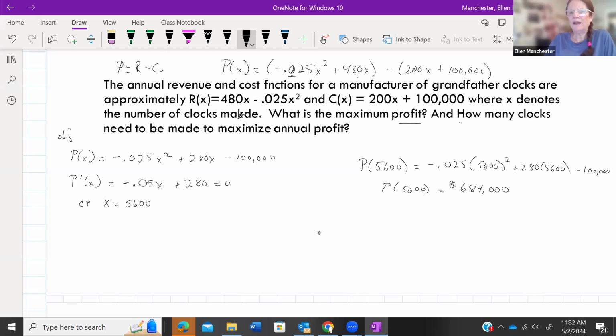All right. And then how many clocks? Remember, x is the number of clocks. So to interpret this,